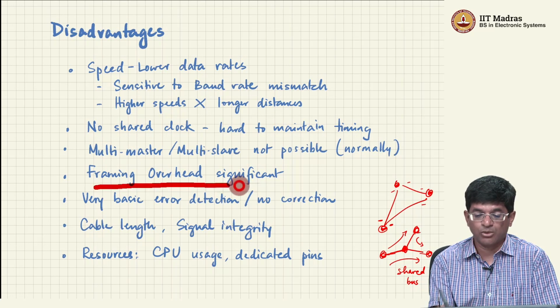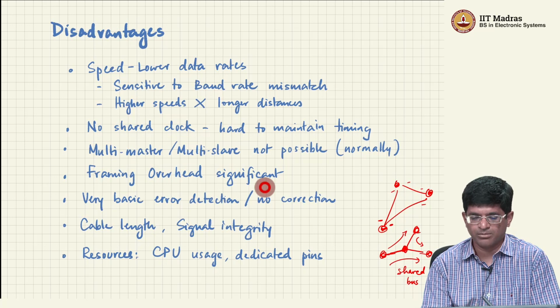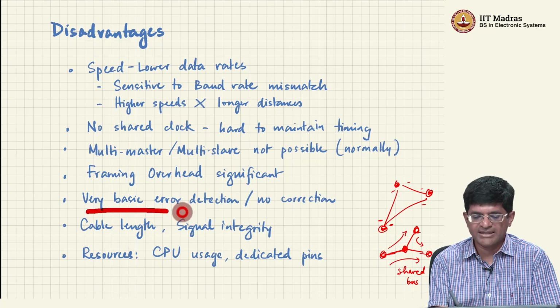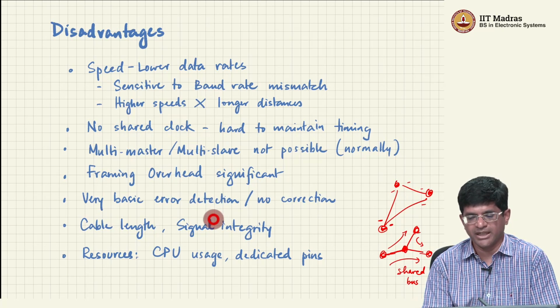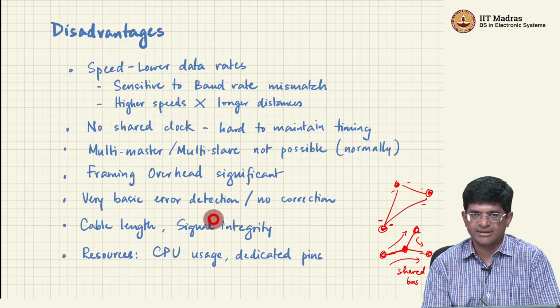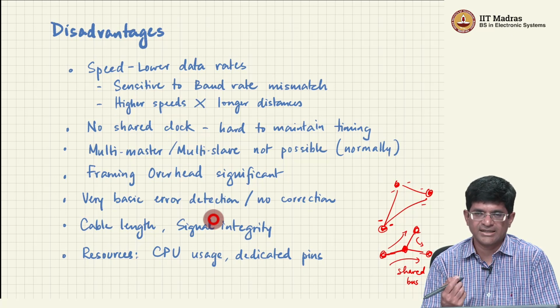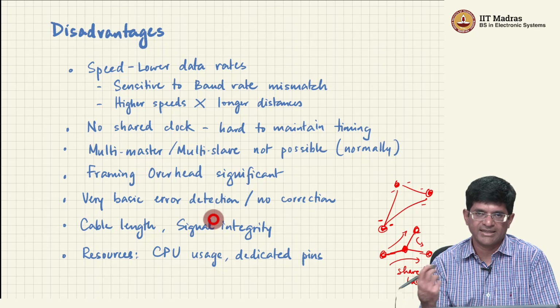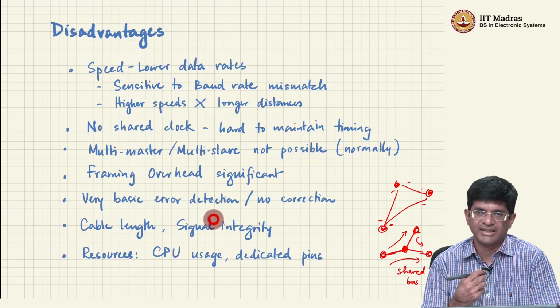There is a significant amount of framing overhead, the start bit and stop bit, and it has only a very basic form of error detection with pretty much no error correction capabilities. Even if it finds there is an error, all it can do is drop that byte, it can't even say send it again. Somebody else, some other part of the program has to somehow transmit data back saying, hey, send the data again,